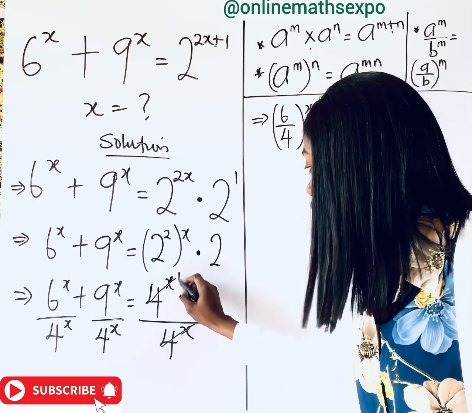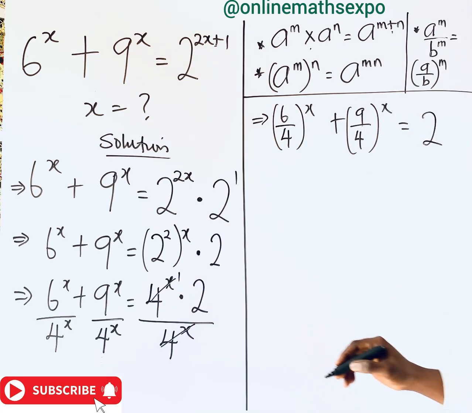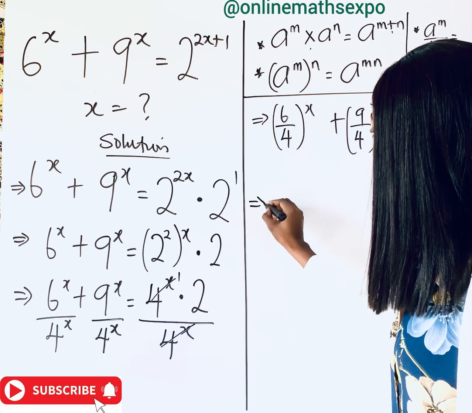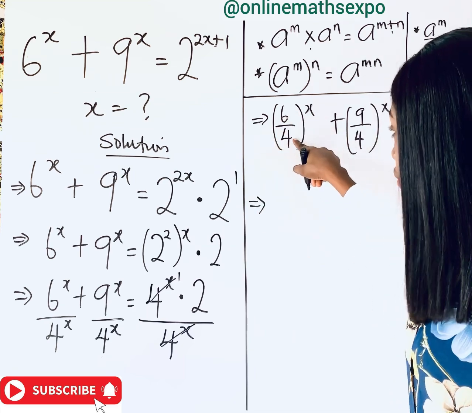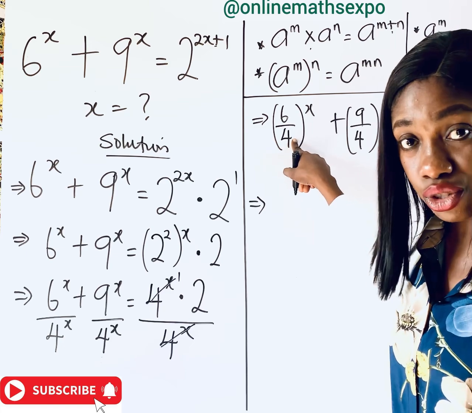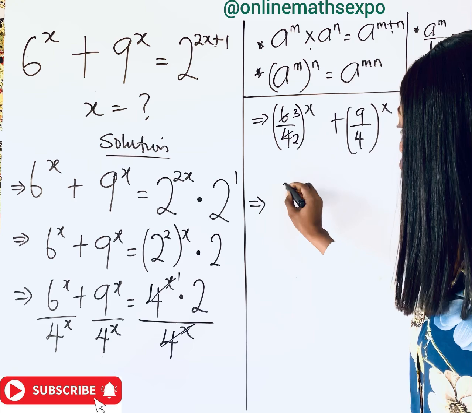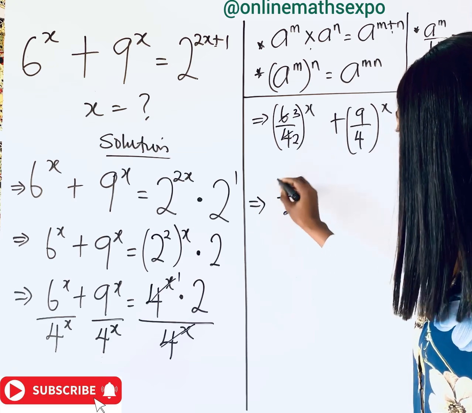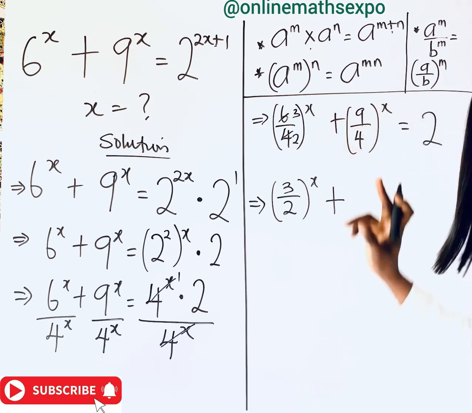And if it cancels, we are going to have 1 multiplied by 2. Here we are going to have 2. Okay? So now let's simplify the inside values. For 6 and 4, what can cancel out is 2. 2 cancels here, we have 3. 2 here, we have 2. So we have 3 over 2 raised to the power of x plus, for this, nothing can cancel out, but